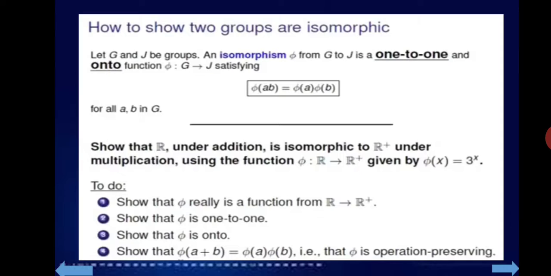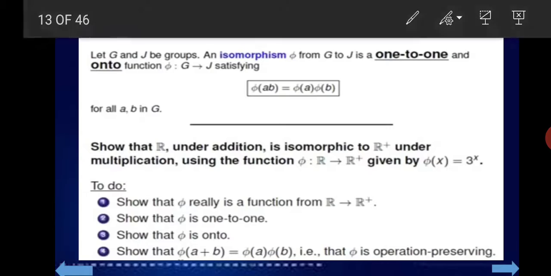An isomorphism phi from G to J is a one-to-one and onto function phi from G to J satisfying phi of ab is equal to phi of a, phi of b for all a, b in G. And now we're going to show that the real numbers under addition are isomorphic to the positive real numbers under multiplication using the function phi from R to positive R given by phi of x is equal to 3